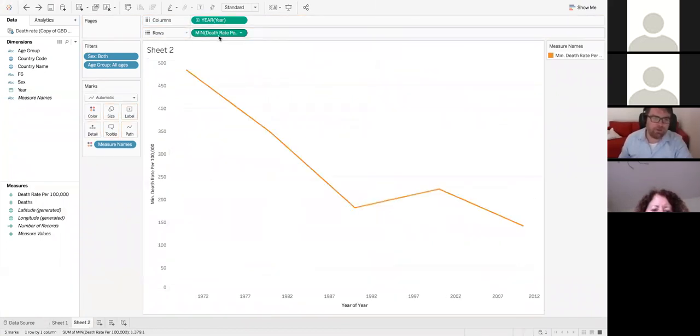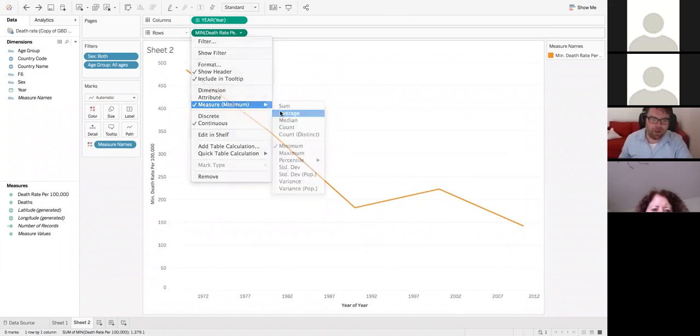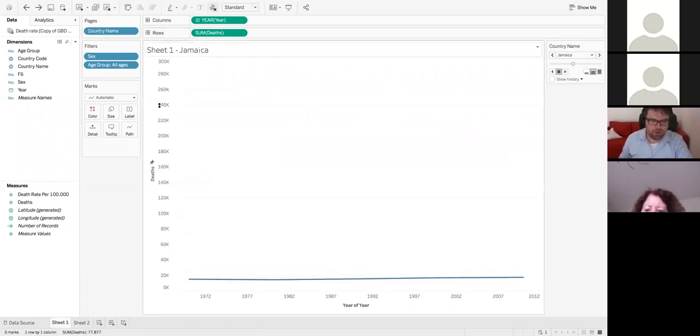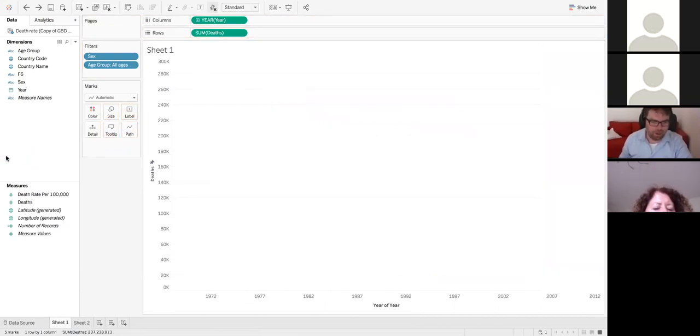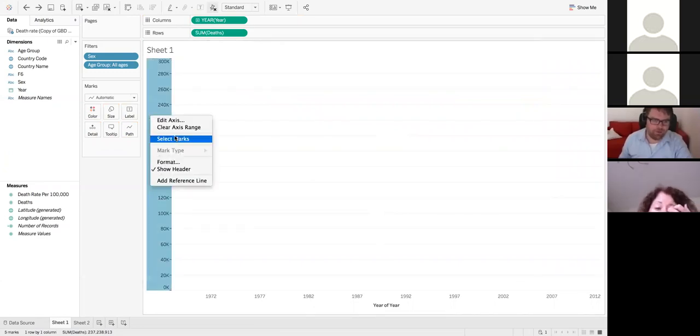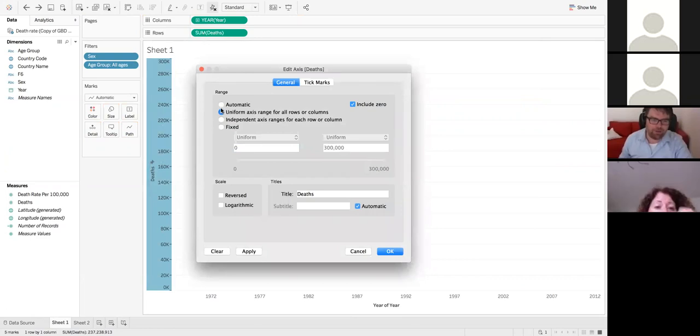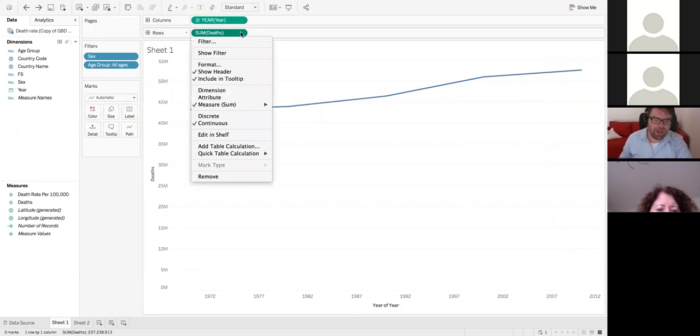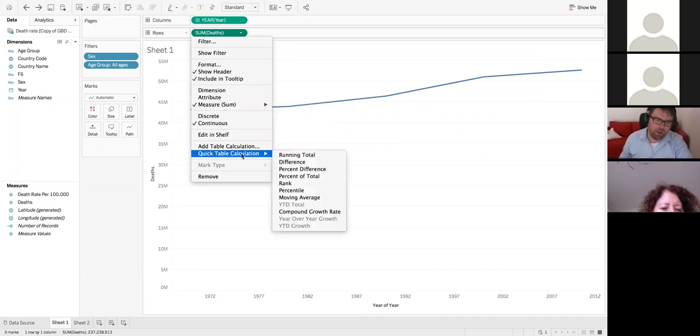So I'm going to quickly get rid of that minimum. I'm just going to give it our average to work with. And the question was, let's see, what can we do with a table calculation? In this case, I want to edit the axis and put it back to automatic now. I've jumped back over to deaths rather than death rate because we're going to start adding things together again. You see, if you right-click, you can add a table calculation, a quick table calculation, and if we